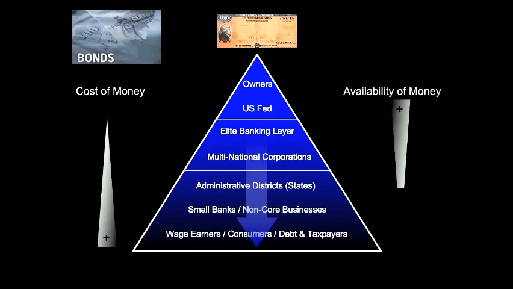On the flip side, this means the availability of money goes down as you go down the pyramid. The Fed has almost no limit because its cost is zero, and the further down you go, the less money is available. About the only way for individuals to get money at the bottom is by working for one of the other layers, which is again the issue of scarcity. Individual people have no money because it's so scarce that they must get a job with a big institution. And the higher their job in the pyramid, the more money they'll make.